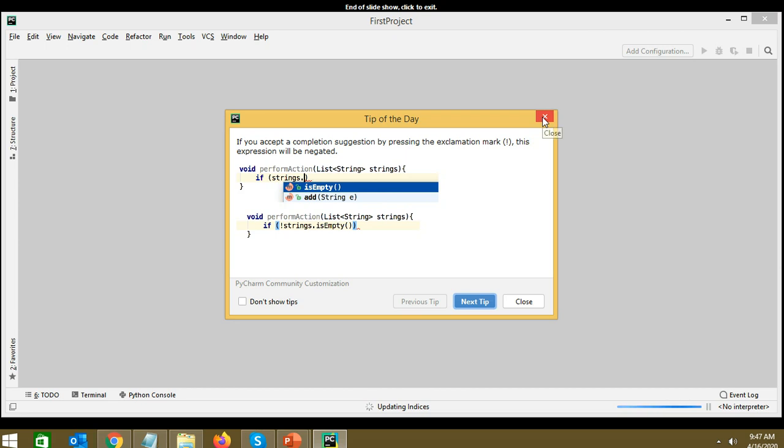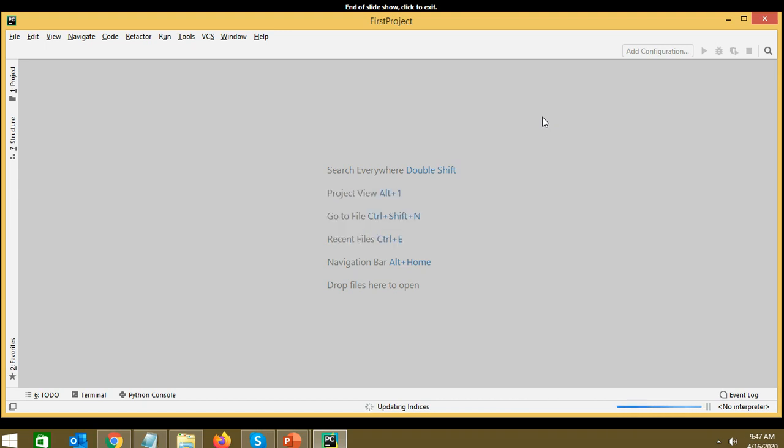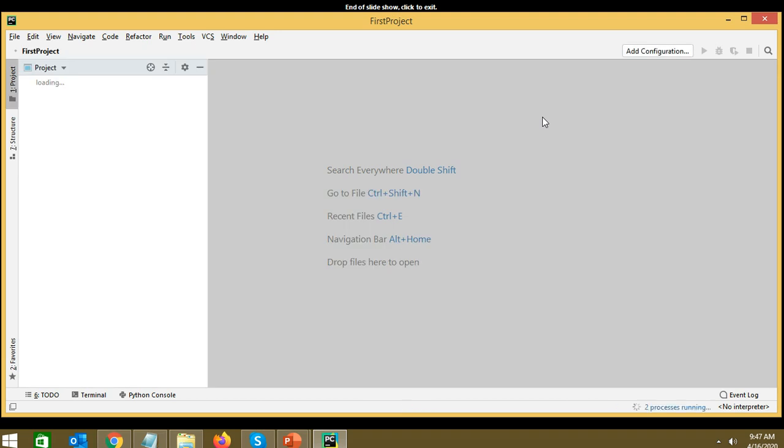We can read this out during the executions. So it's creating our project, and after the project gets created it will reflect in this panel. Okay, now you can see it got reflected.